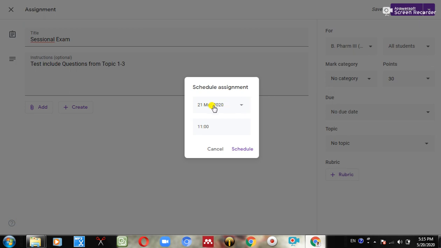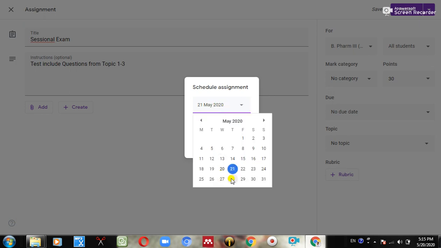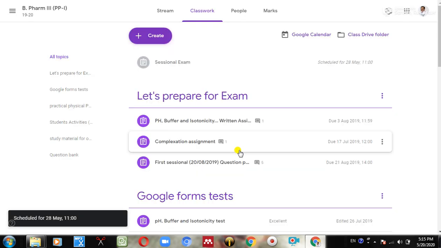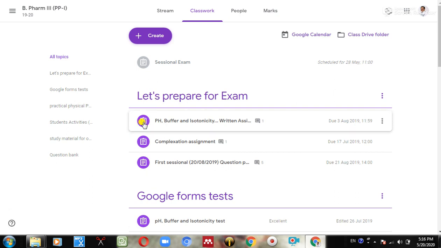That is no due date. Yes, we can give a due date. Due date is again 28 and time 3 PM, so I can say 15. So I have set the due time also. After that student will get a message that your due time is over and you are marked as a late submission. So this gives an advantage to timely submitting students regarding the assignment.